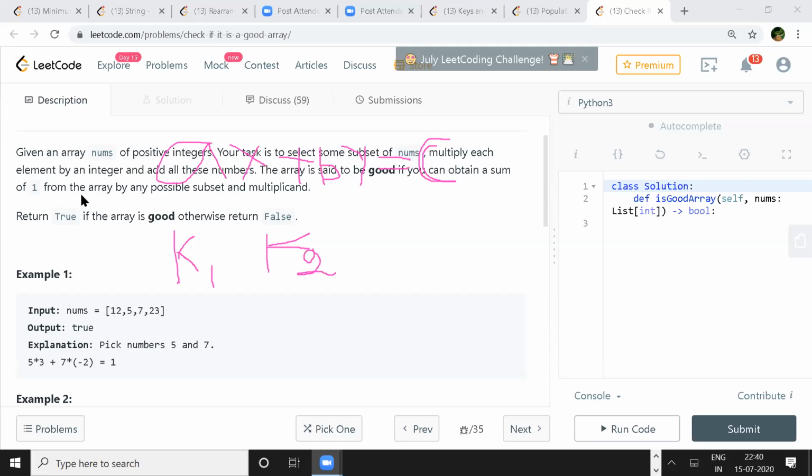So AX will always be divisible by K1, since you are always multiplying it by some other number. Yeah, sure. Even for BY, it will be divisible by K2. So if there is a common divisor, it has to divide AX plus BY, right? Suppose the common divisor is K, it will divide AX plus BY, the entire sum, right? Yeah. So C has to be a multiple of the GCD.